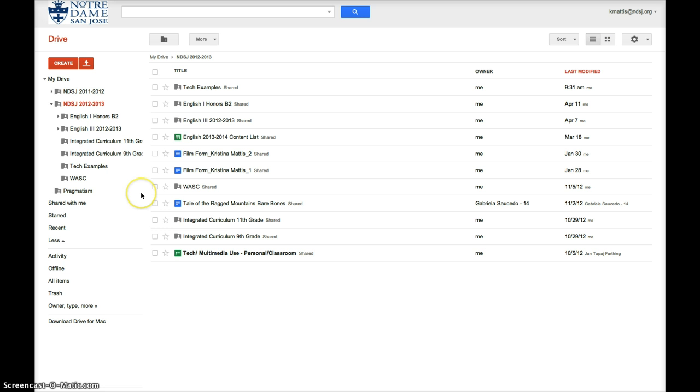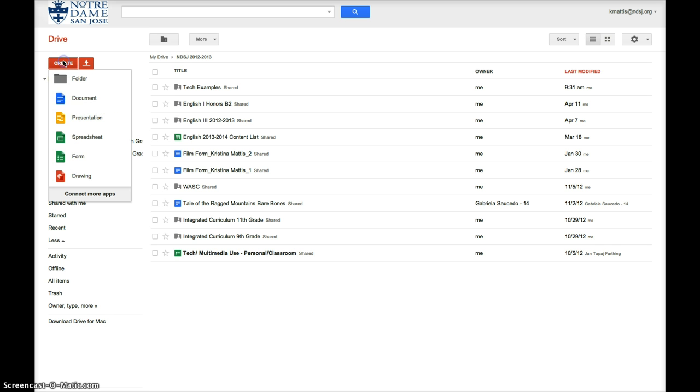actually set things up. So you'll sign into your Google Drive with your ND username, and you'll come up to your Drive screen, however you have it organized, and then in the top left corner, top-ish left corner, you'll see your create icon, and so you will click that and you'll find your scroll down menu and you'll scroll down